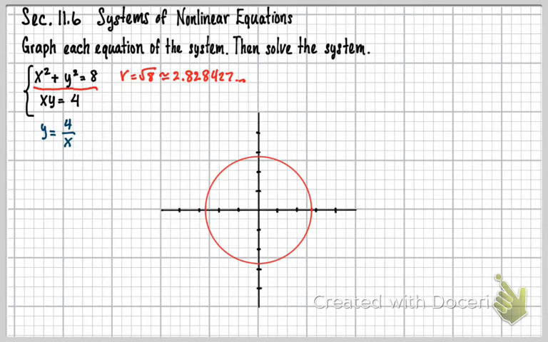So anyways, now I'm just going to graph 2 points here. And this will kind of show me, or show you, what it really does here. So I'm just going to plug in 1 for x. And if I plug in 1 for x, I get 4 for y. And I'm also going to plug in 4 for x, and that's going to give me 1 for y. So what that gives me is this point here, and also this point here. And then if I join those together,